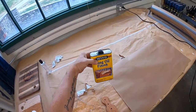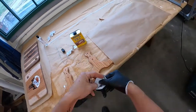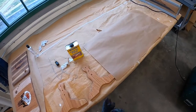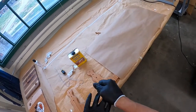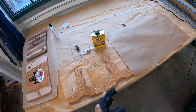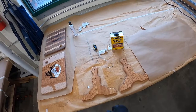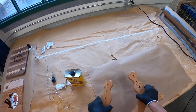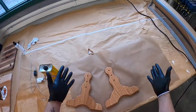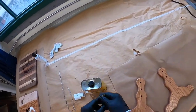Coming over to my legs here, they've already got a couple coats of tung oil on them. Okay, tung oil finish. I usually like to buy the glossy stuff, but this is all I had right now. The more coats you put on, the glossier your finish looks, and I always think, you know, the higher the gloss, the more professional it looks. So the top will get it, and the legs for your lap desk, 3 parts, right? We'll open it up,